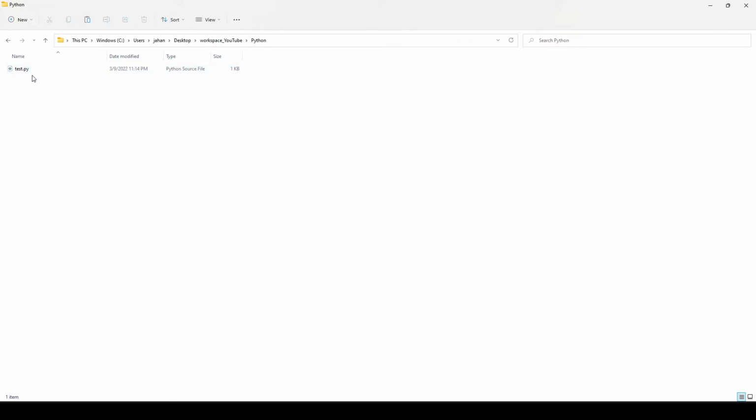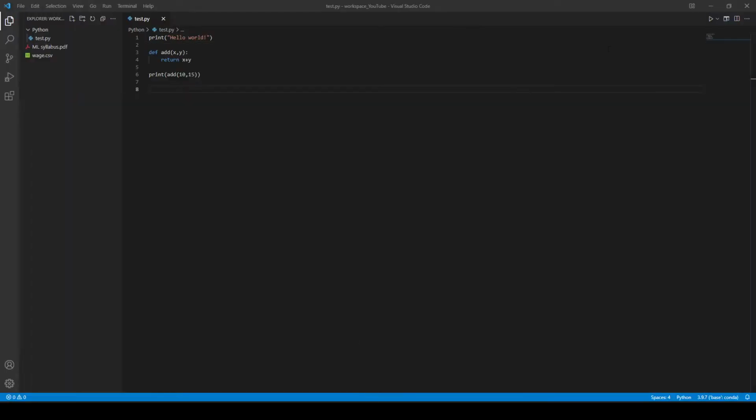In this Python folder there is this test.py, and I added two files here, a PDF. This is a syllabus of my machine learning course. This is just an example of a PDF. And wage is a data set, right? So this is a wage data set. And now I'm gonna go ahead and show you how we can open these things in the VS Code as